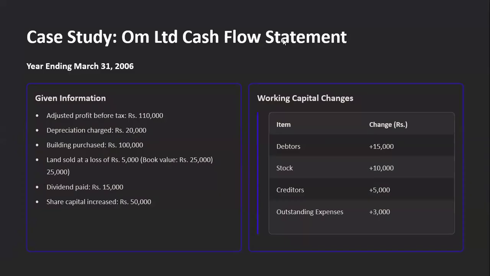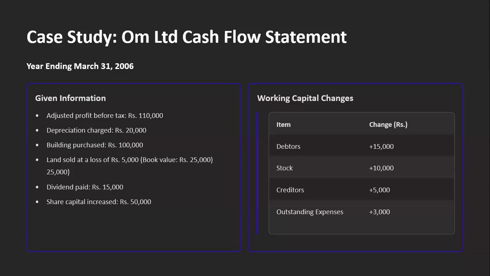This is Home Limited cash flow statement. Now, what information is given? Adjusted profit before tax is 1,10,000. Depreciation is 20,000. Building purchase is 1 lakh. Land sold so and so. Dividend is so and so. Share capital increased by this amount. So we'll find out